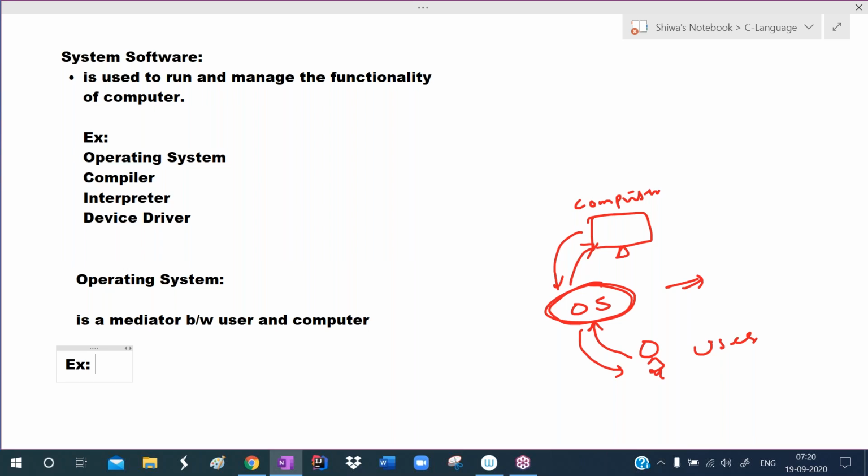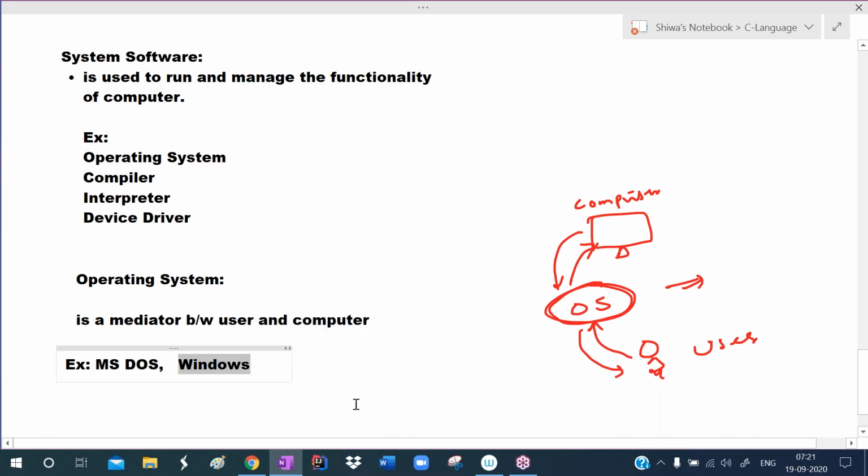In the initial days we were using MS DOS. Nowadays MS DOS comes with Windows only for the command prompt. MS DOS provides a CUI, command user interface. To perform any task we write commands. That is not very user friendly, because we have to remember all those commands. Whereas Windows operating systems are also a product of Microsoft. MS DOS stands for Microsoft Disk Operating System. It was introduced in the 1970s.